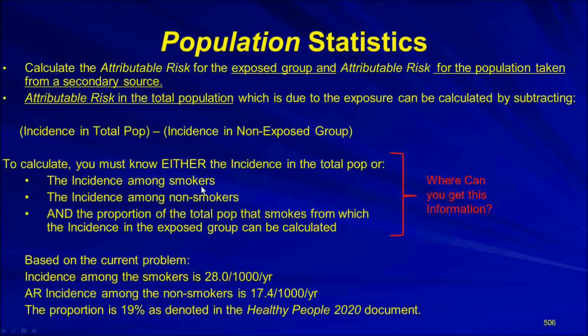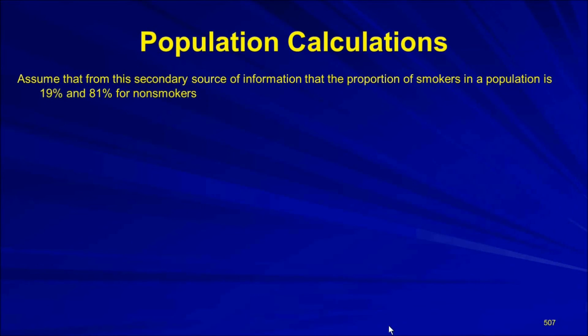We know the incidence among smokers in our group is 28 per thousand per year. We know the incidence of non-smokers from our data is this, and the proportion is 19% as denoted in the Healthy People 2020 document. Now let's watch what happens to this data to make adjustments to see whether our group really represents the population or not. Okay, assume from this secondary source of information that the proportion of smokers in a population is 19%